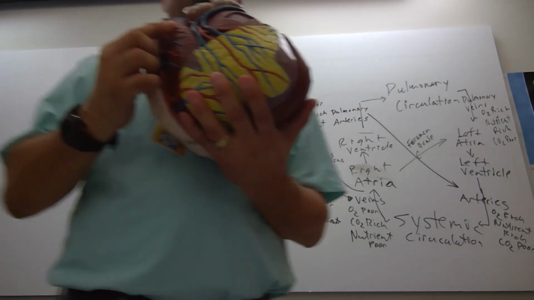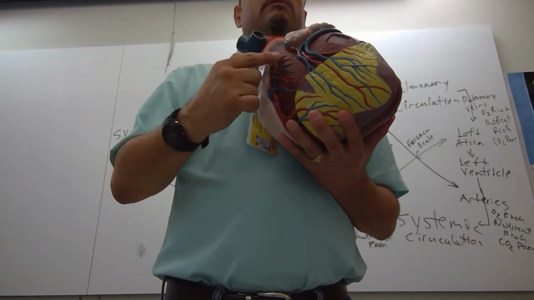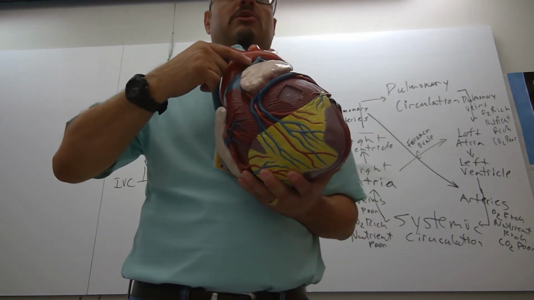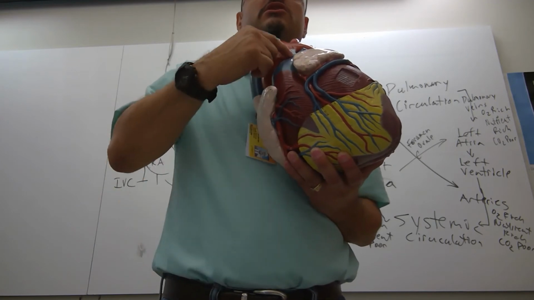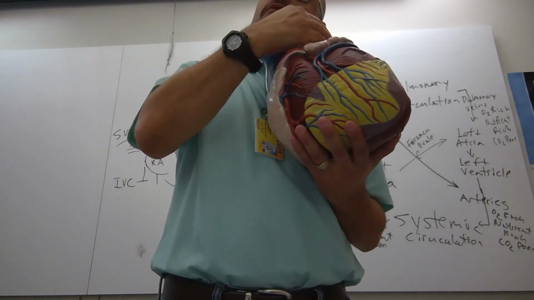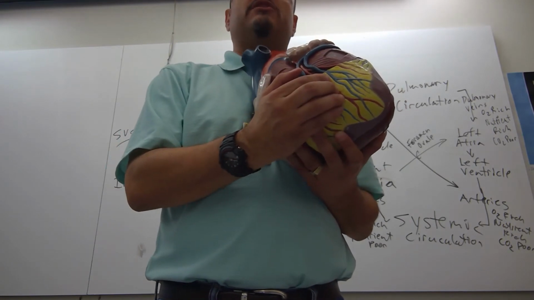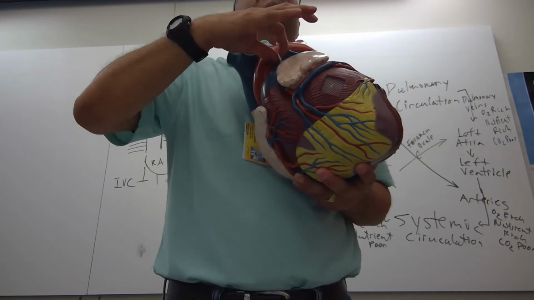Here's the pulmonary trunk. Is that still for fetal or no? Yeah, this is fetal. See that right there? As an adult, it's the ligamentum arteriosum. But if you look, if any blood goes into the atria, it moves over in the fetus. Then if it does go into the right ventricle and the ventricle kicks it out to the lung, sure enough, there's a bypass there. That's called the ductus